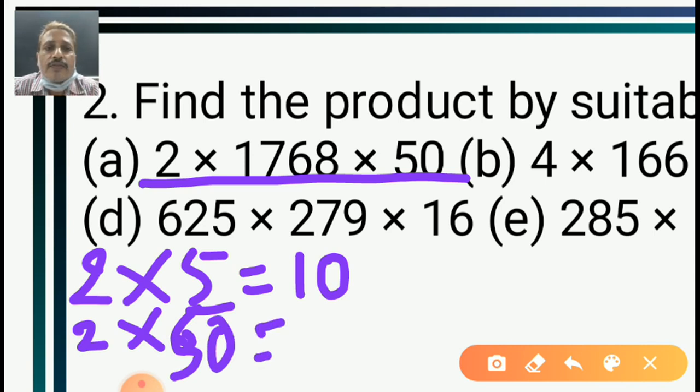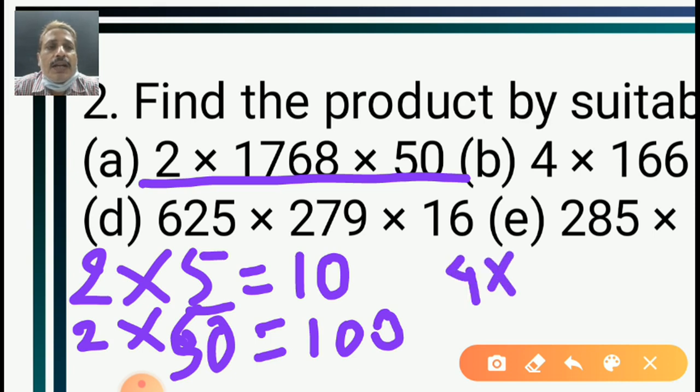Yes, good answer, student. 100. 50 rupees, 50 rupees. 2 rupees are there. I will always give rupees as an example because it gives us a clear idea of a calculation, because everyone likes money. Okay. 2 into 50, 100. Very good answer. Will you tell me 4 into 25?